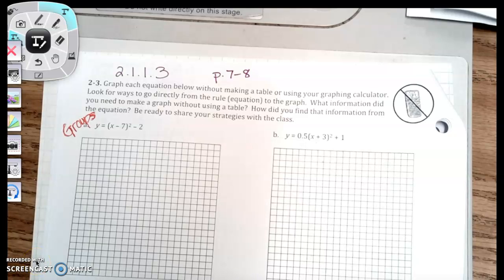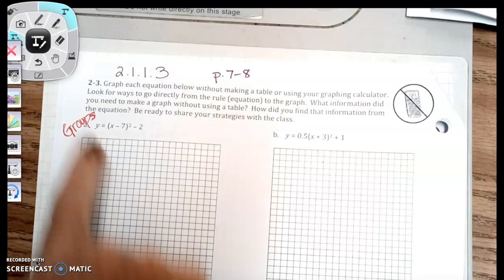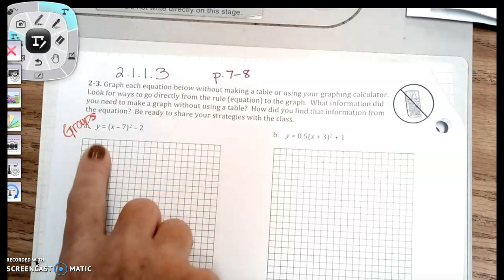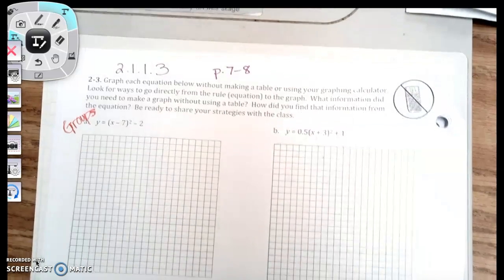Which will be pages 7 and 8. We're going to go through most of this, and then we're going to come back, and in groups, you guys are going to do question 3A and 3B with your group. When you do,